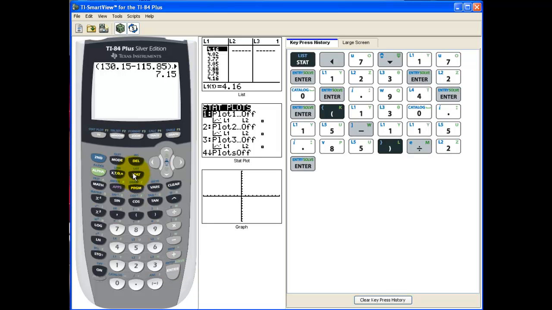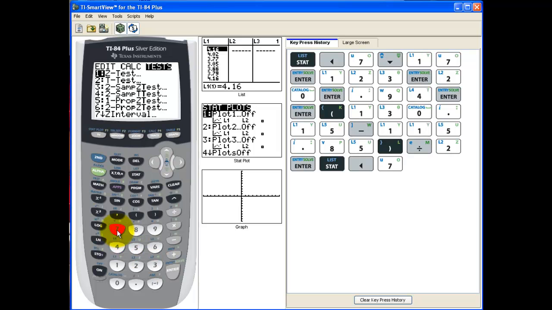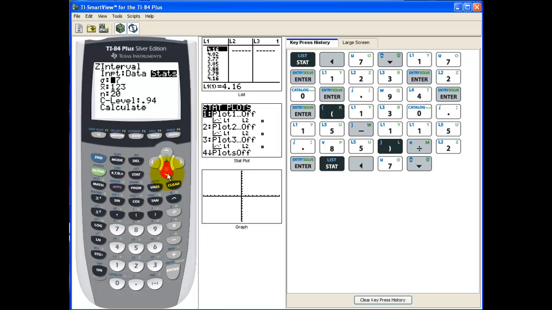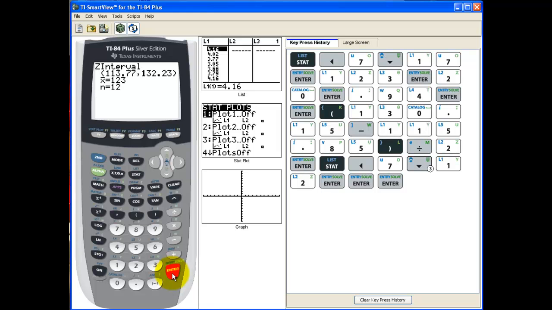So let's go back to the stat menu, go back to the test menu, and go back to the z interval. Everything is the same except for this sample size. So we'll change that to 12, and then we'll calculate that. Now you can see that the interval gets wider, slightly wider. In fact, if you wanted to calculate the margin of error just to compare, in the last example the margin of error was 7.15. So in this case, if we take the difference and cut it in half, we'd have